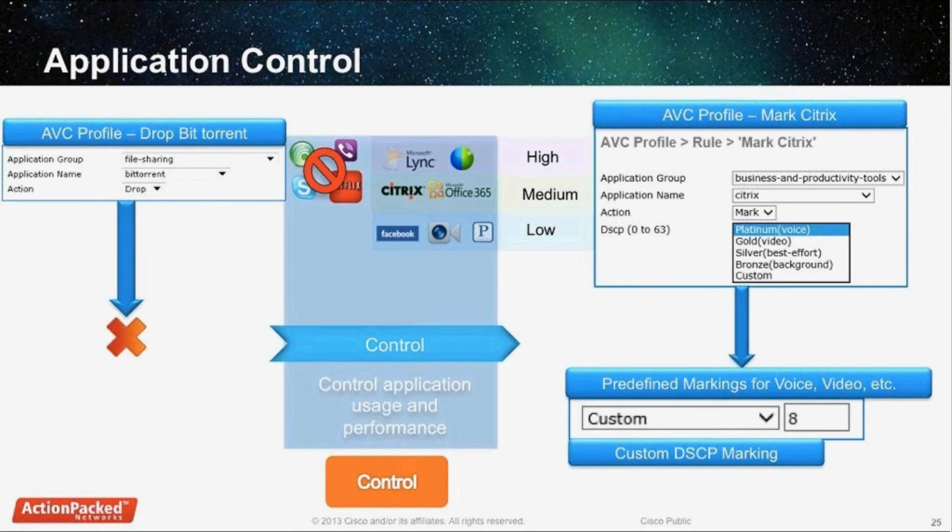Now, before we go further, let's talk about application control. You can control the application usage and performance by classifying or marking the traffic with a certain priority. Let's say you have Lync and WebEx. You want to mark it with a voice priority, which is the platinum, which is what we call on the